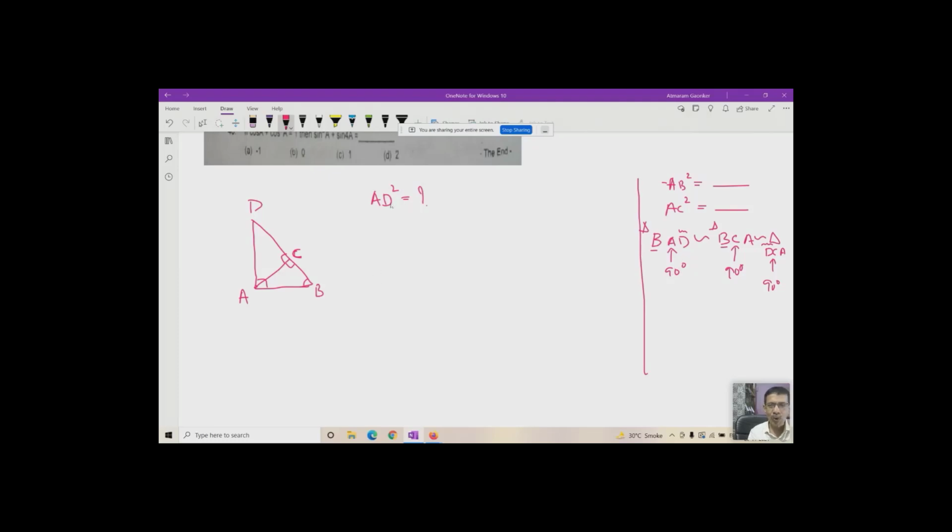So now let us solve this AD. AD is there in which triangle? In the bigger triangle also it is there, and in this smaller triangle ACD also AD is there, and in triangle BAD AD is there. So where there is a common side, you take those two triangles. We have seen that these triangles are similar. So let me take the two triangles as BCA, the second triangle, and the first one as BAD, the whole triangle.